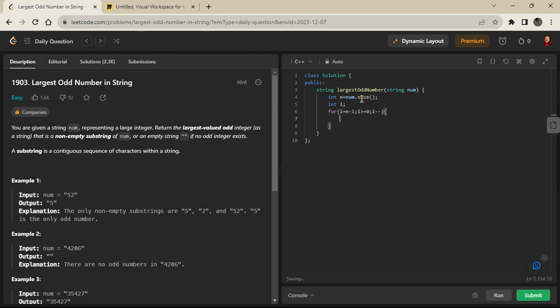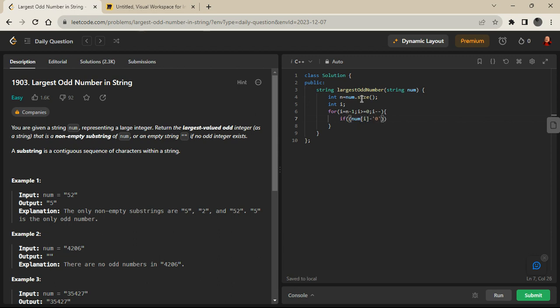And as we discussed, if an odd character is reached, that index is our answer.